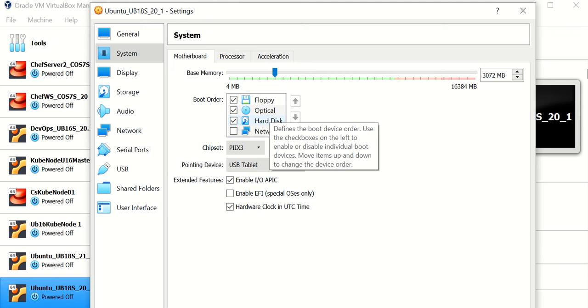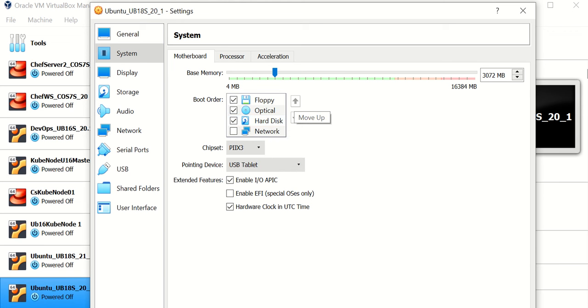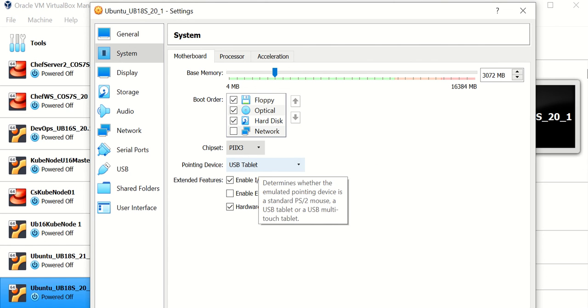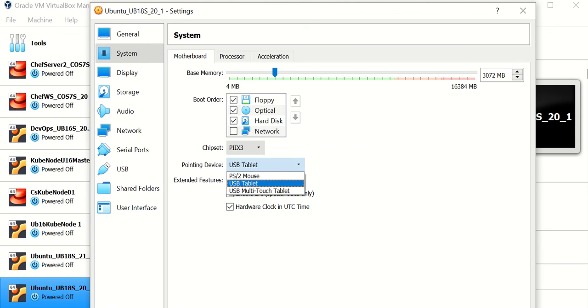Most of us install the operating system in the hard disk so that the booting can start from the hard disk. But if there is no floppy, if there is no optical drive, the CD drive in that virtual machine, they'll be ignored and automatically the hard disk will be chosen. You can also change their order by clicking on these links. There are other options which selectively can be used with respect to certain virtual machines with regards to pointing device